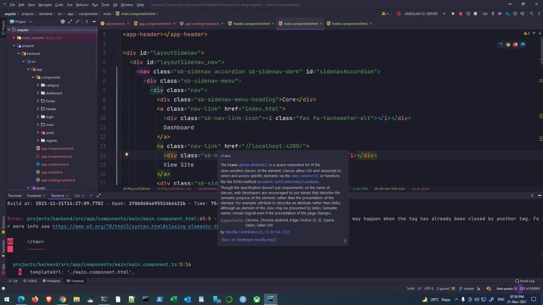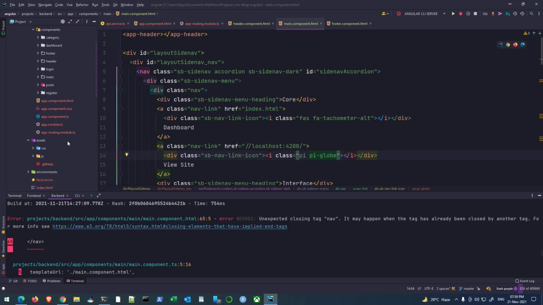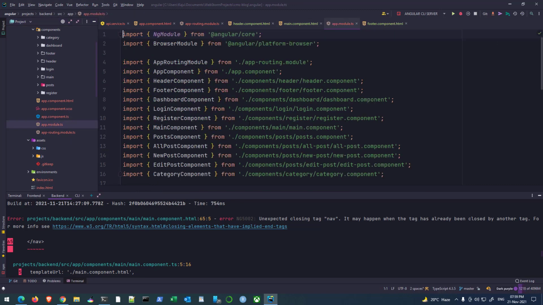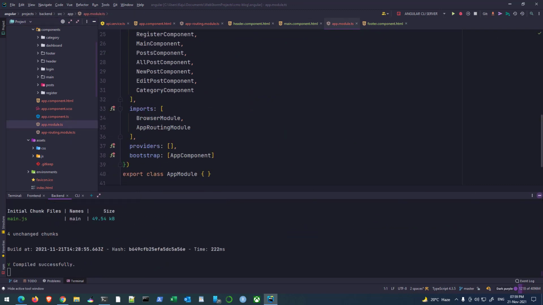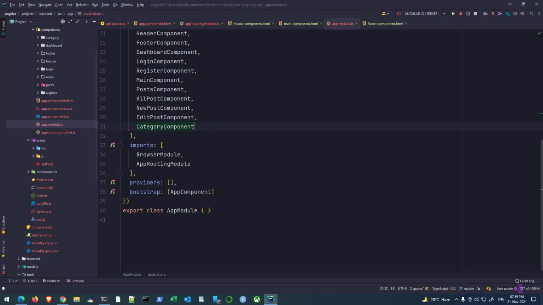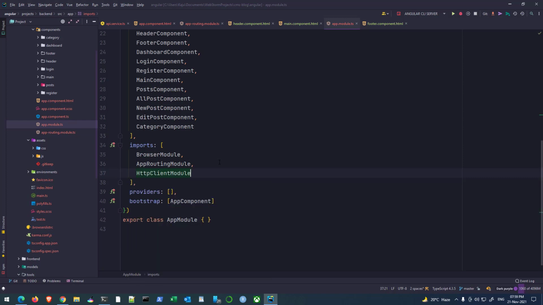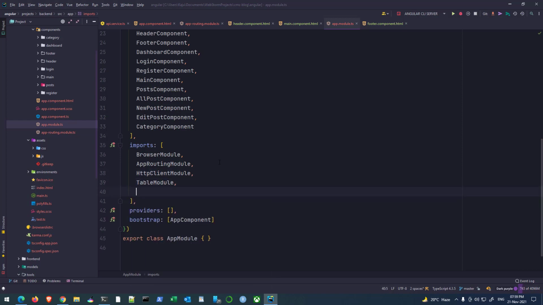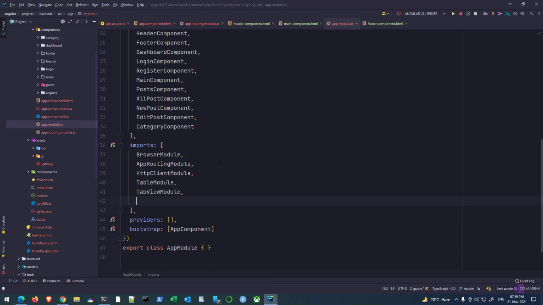I know why, because we haven't included the required modules in our app module. So here, as you can see, we'll just minimize this. In the imports section, we have the imports array almost empty. So let's import the required modules from the PrimeNG package. What all do we require? Let's first import the HTTP client module that will be used by our API service. Next, we need a table module, a view module, and